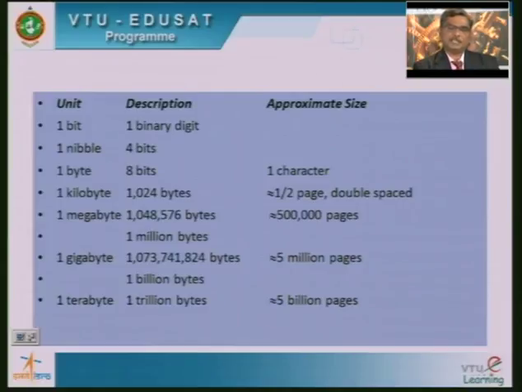Using 2 bits it is possible to represent 4 numbers, that is 00, 01, 10, 11. Four such bits are usually called a nibble. 8 bits form 1 byte. A character, for example, when you press the A character or B character, inside the memory system it is stored in